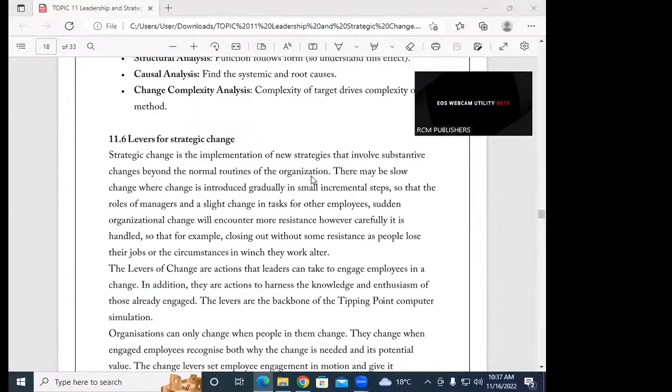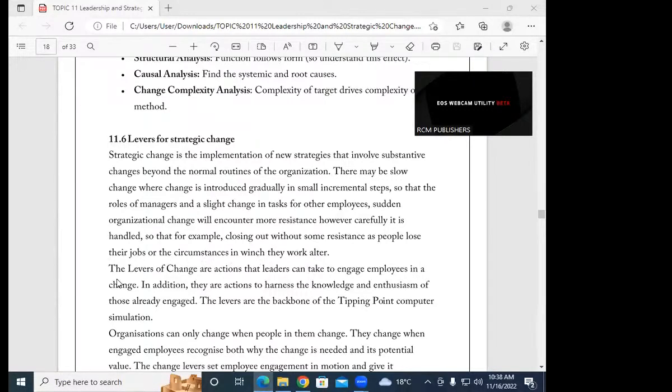There may be slow change where changes are introduced gradually in small incremental steps, with slight changes in the roles of managers and tasks for other employees. Sudden organizational change will encounter more resistance, however carefully it is handled, as people lose their jobs or the circumstances in which they work